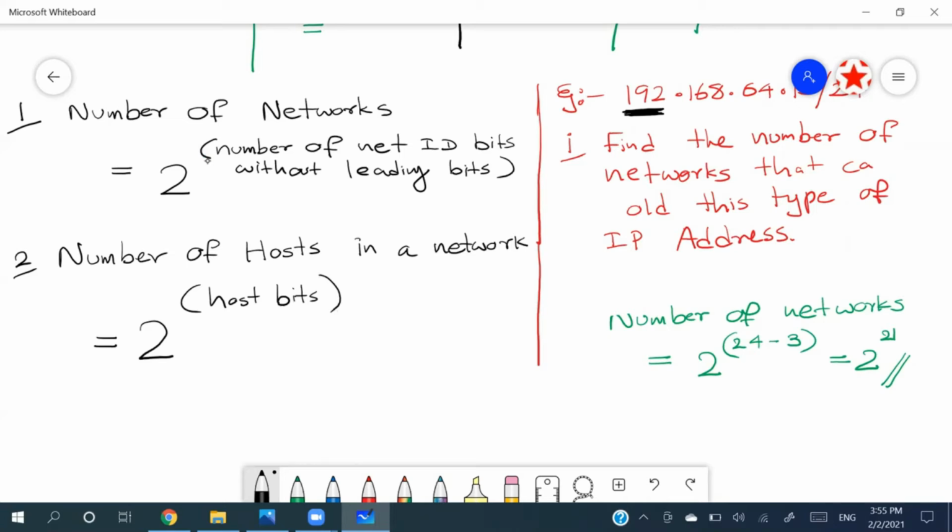Then from that answer, we are going to subtract 2. Right? So that's going to give you the number of hosts that can be connected to that particular network, which is